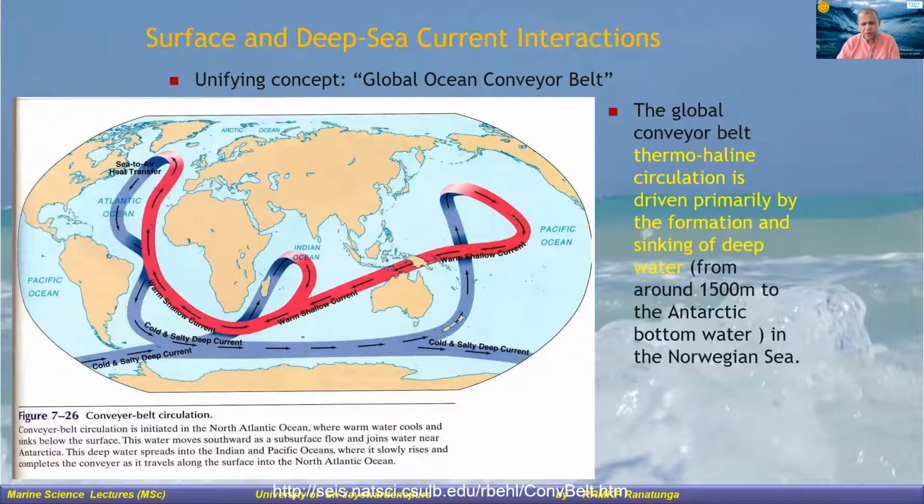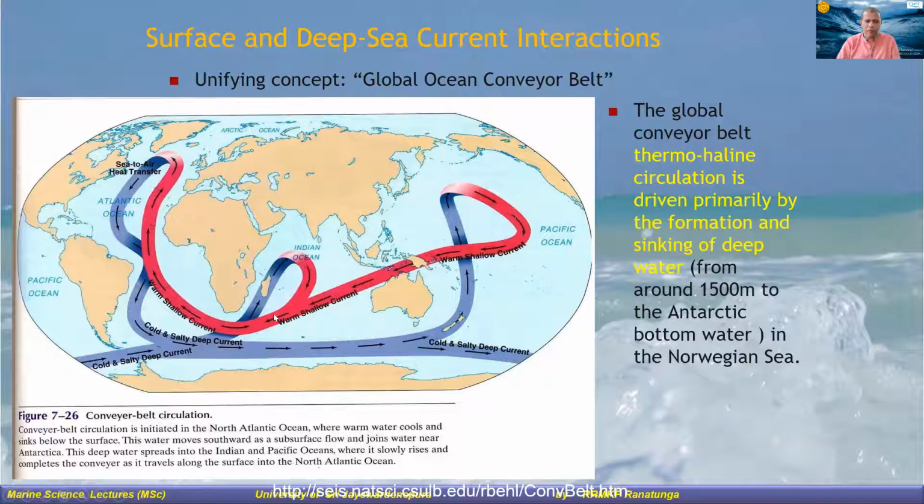If it is too difficult, you don't have to memorize these things. At least you need to know this is a sort of unifying theory. Though we talk about different types of ocean currents moving in different directions, in reality, as the net or average movement of the ocean currents, there is one single belt like this, called the global ocean conveyor belt. It's like a belt.